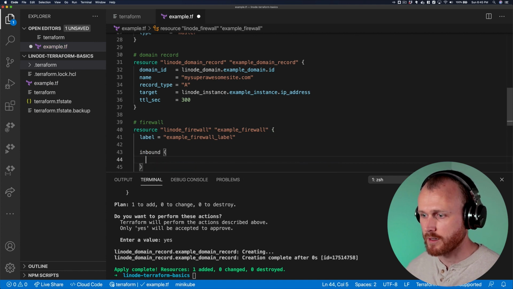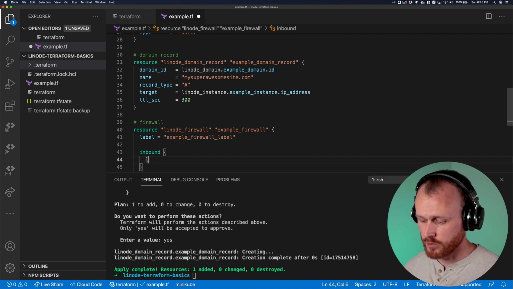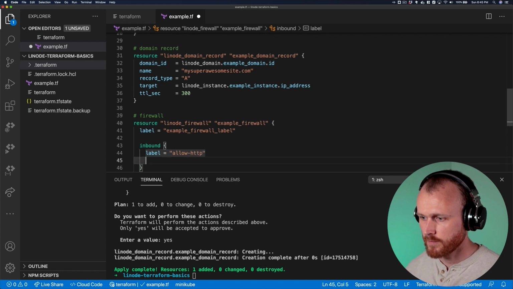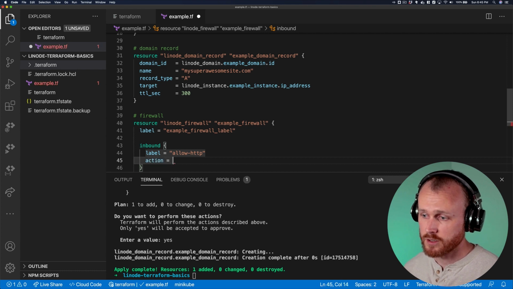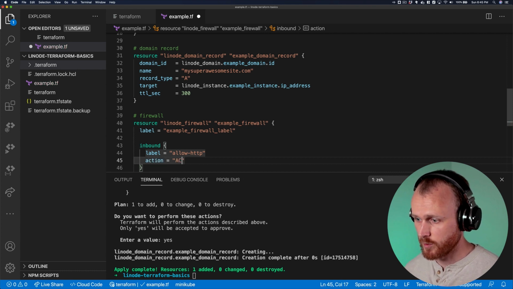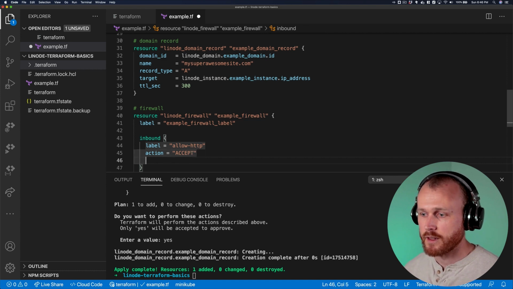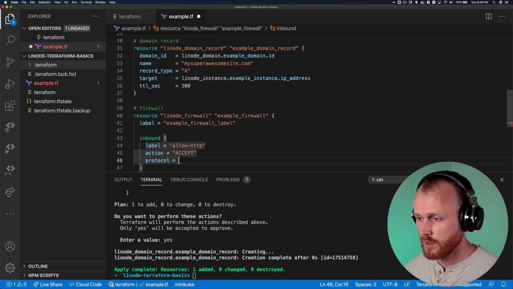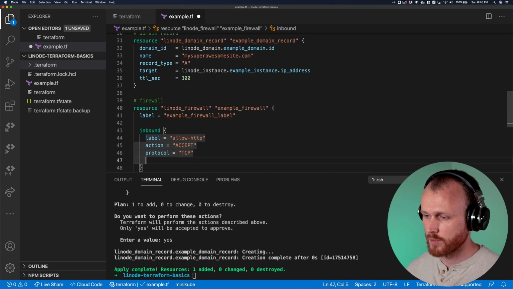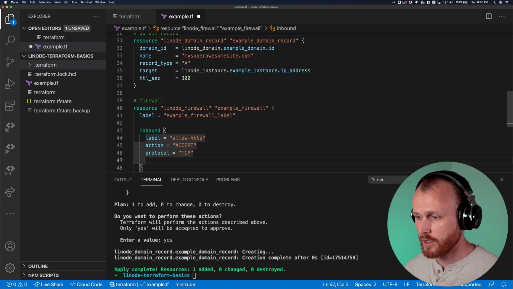So for inbound traffic, we're going to give a label to this rule, and this will be "allow HTTP". The action is going to be to accept, because we want traffic on port 80 to be passed through this firewall to our instance. The protocol is TCP. These requests are coming in over TCP, on port equals